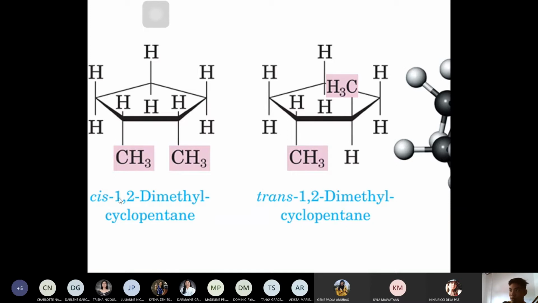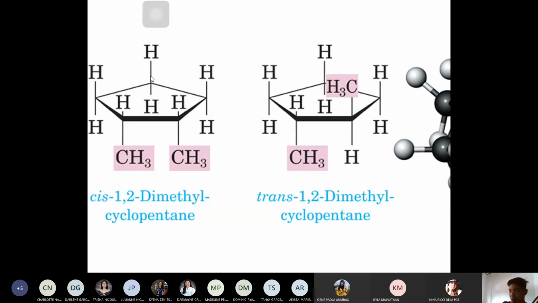So, yung naming niyan, ganun pa rin naman, cyclopentane kasi 5 carbons yan. 1,2-dimethyl yung substituent kasi you have 2 methyl na substituent. So, dimethyl yon. Ang numbering yan ay 1 and 2. So, that's 1,2-dimethyl cyclopentane. However, you have to attach the word cis. Bakit? Kasi,